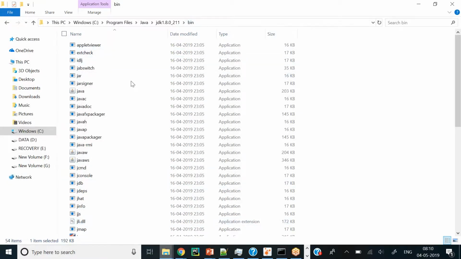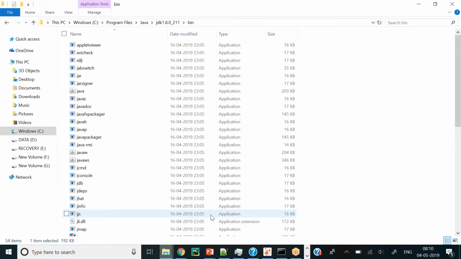You can see inside the bin directory you have a lot of Java applications, like javac for compilation, javadoc is used for creating the documents, jhat for taking your heap dump, jps is for the Java process, identifying the Java process. Likewise, there are different types of commands.